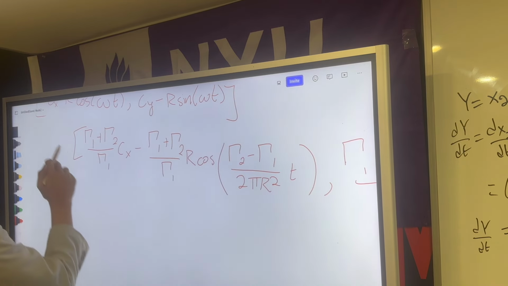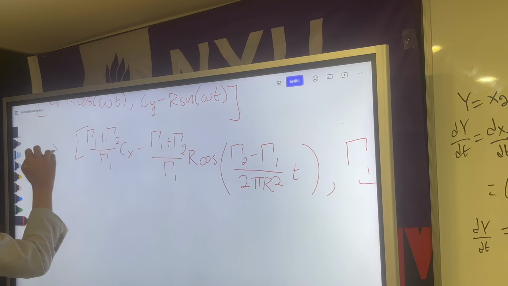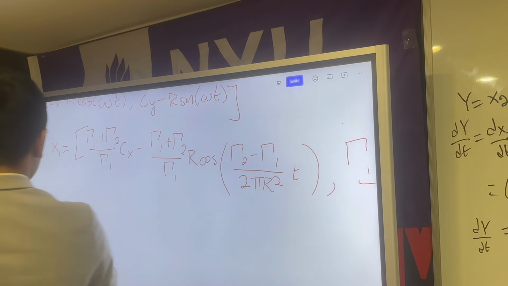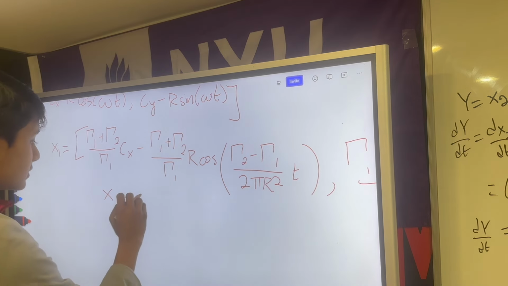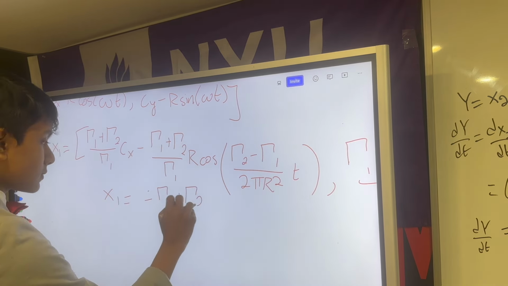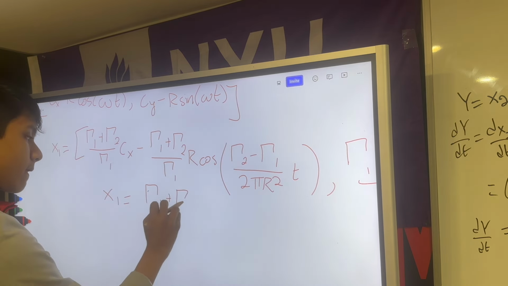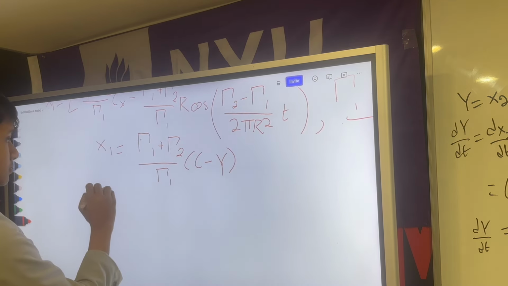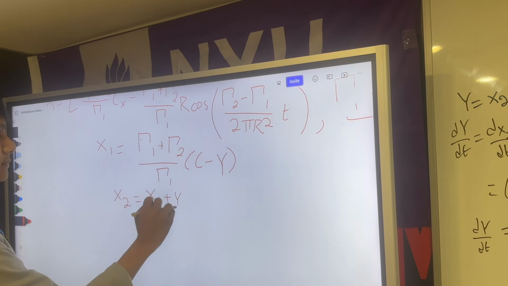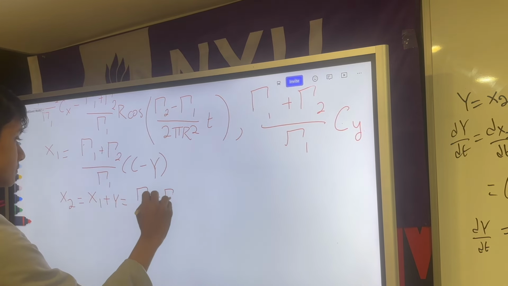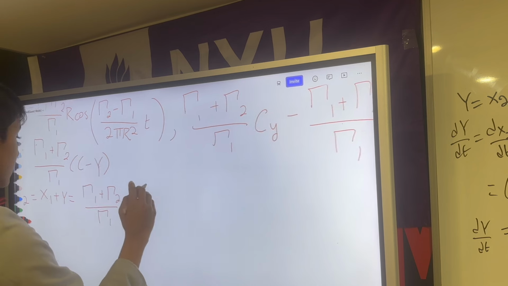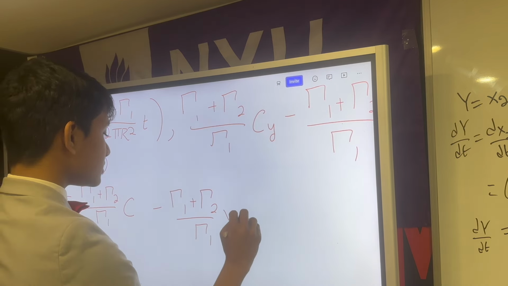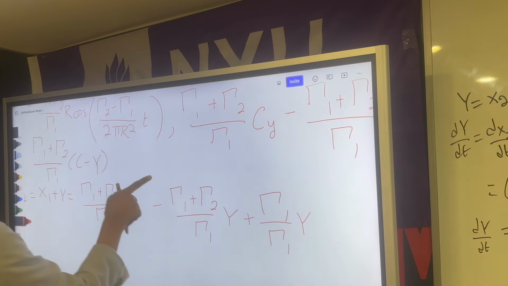And now, we can also find x2. x2 is what? x2 is y plus x1. Now, x1 is c minus 1 minus, no. Okay, so x2 is just x1 plus y, which is equal to minus y plus y, which gives